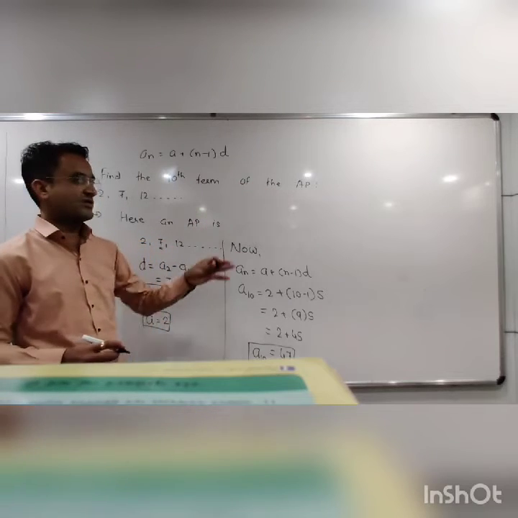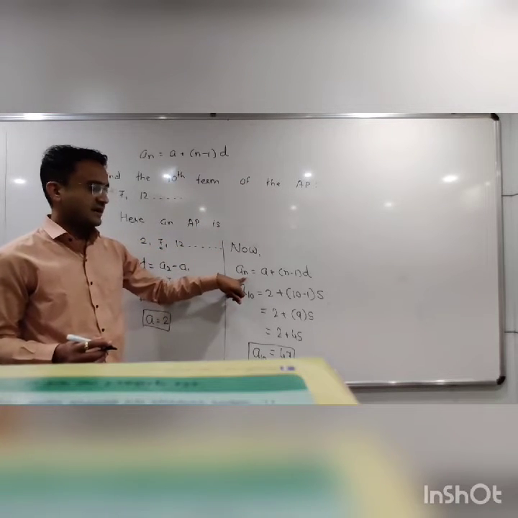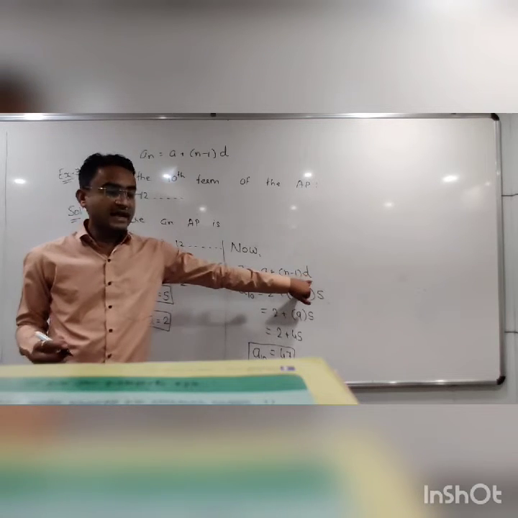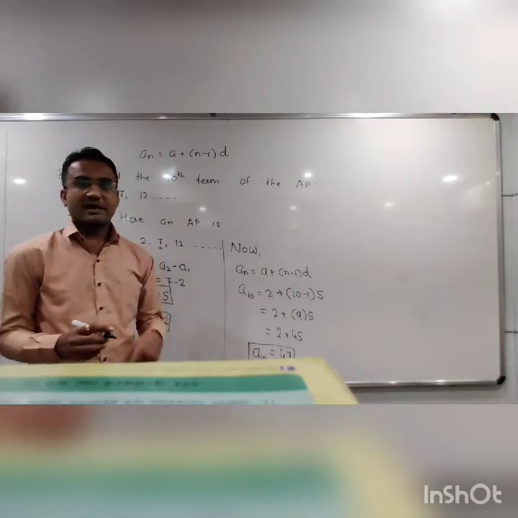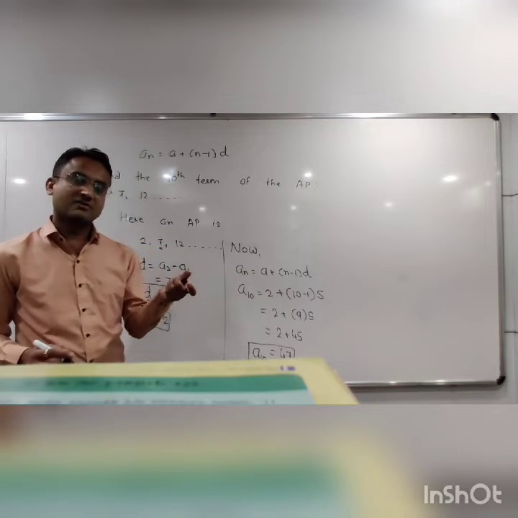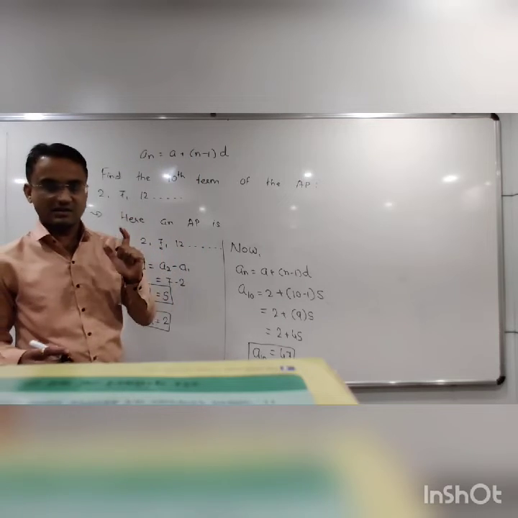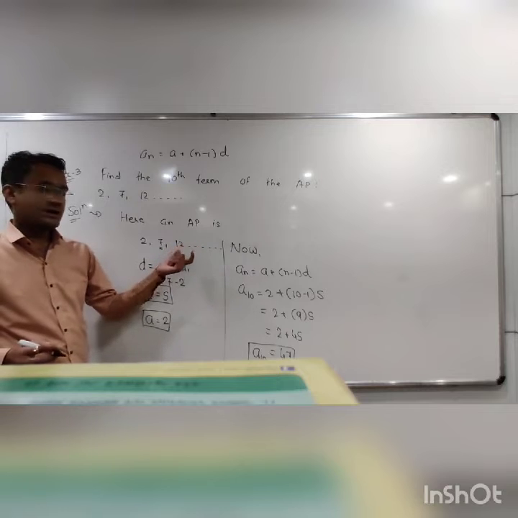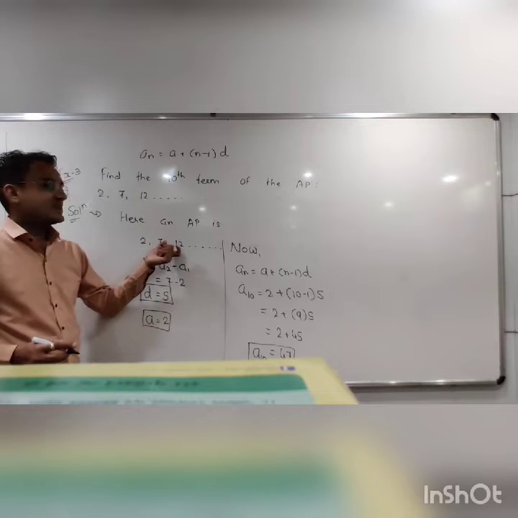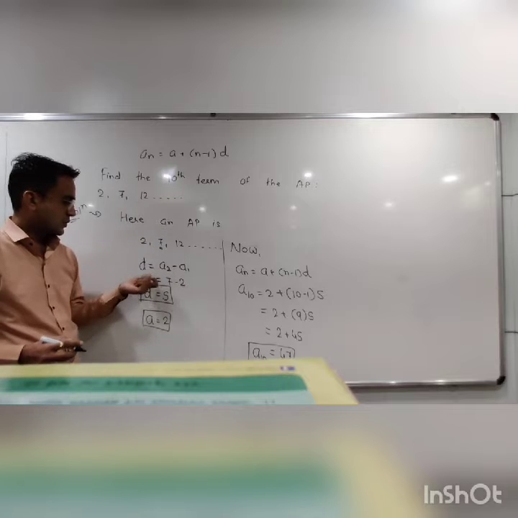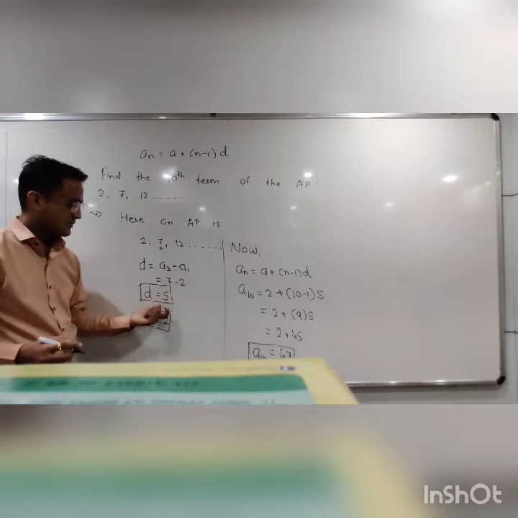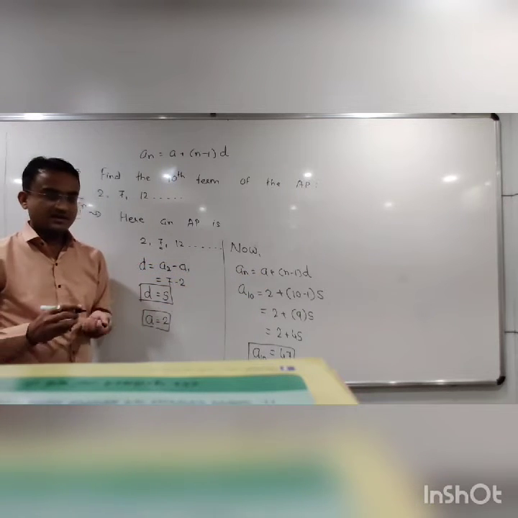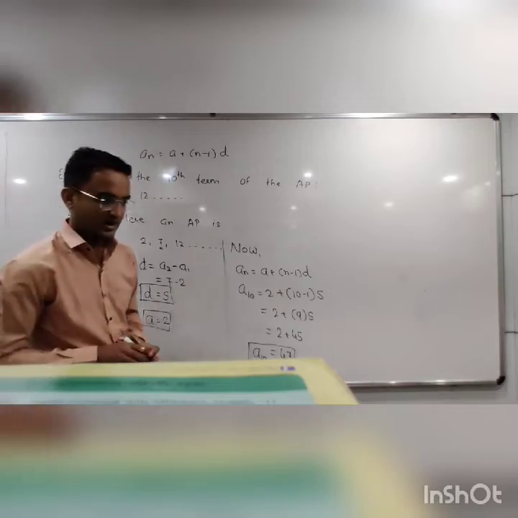If I ask you what is the 47th term, then you have to write 47 instead of n. Clear? If you are having a and d, अगर आपके पास फर्स्ट टर्म है और डिफरेंस है तो आप AP की कोई भी टर्म फाइंड कर सकते हो. So here this one is an AP question, find the 10th term. So here first term 2, common difference 7 minus 2, 5. Now using this formula I can find the 10th term. It is very simple, right?